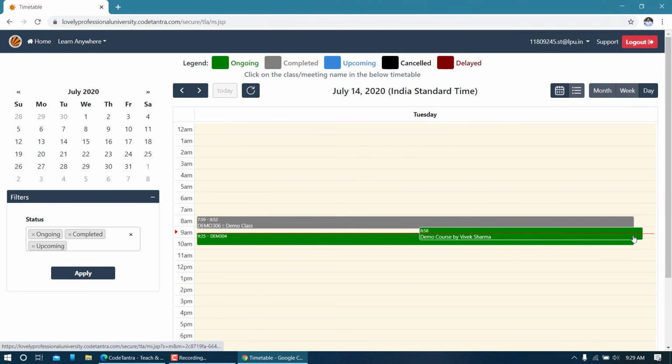And there is another class which is being taken by someone else. Now these two are overlapping just because this is a demo account, so someone else is taking demo on this platform. In your case, you will find parallel classes, one in each slot, so maybe from 3 to 4 or 4 to 5, something like this. Now if you are planning to join a class, so let us say that I'm interested to join this particular class, so I have to click on this one.